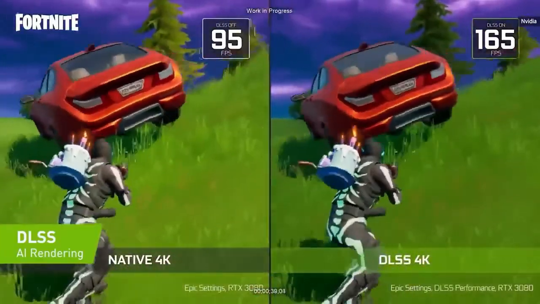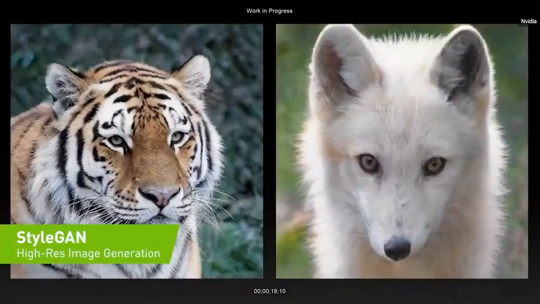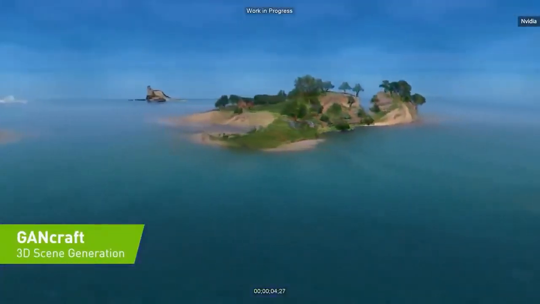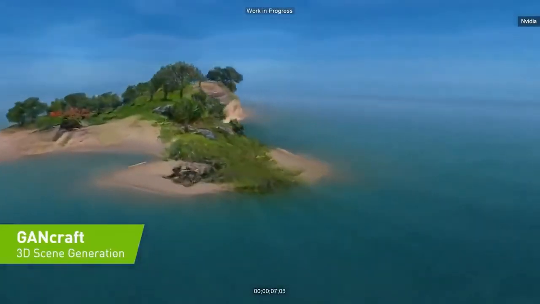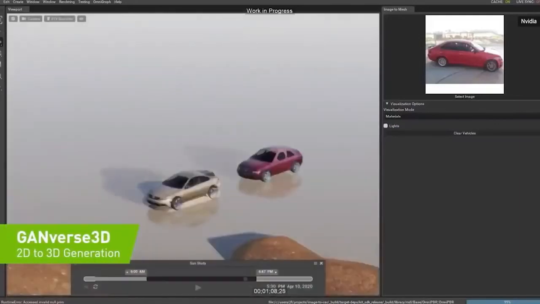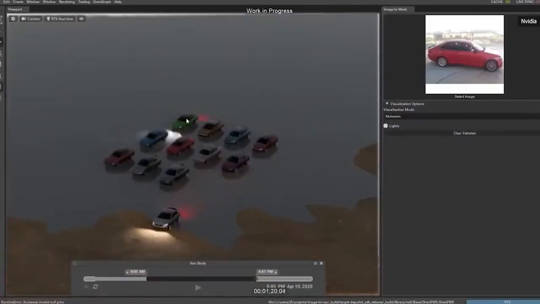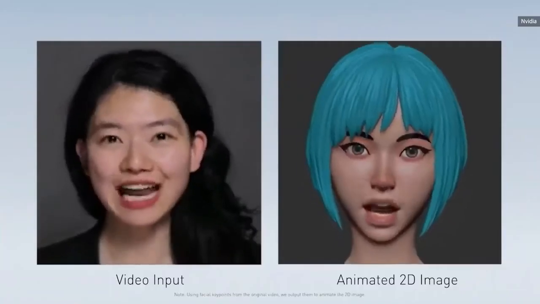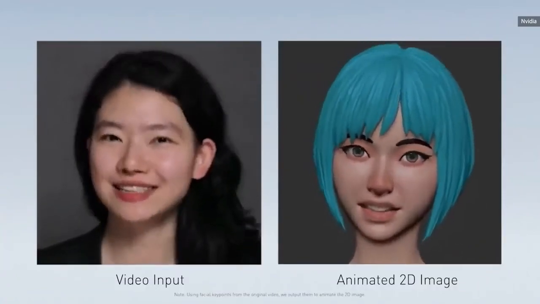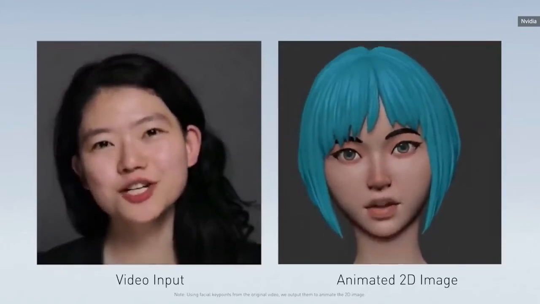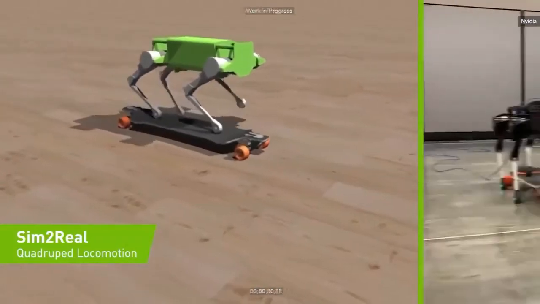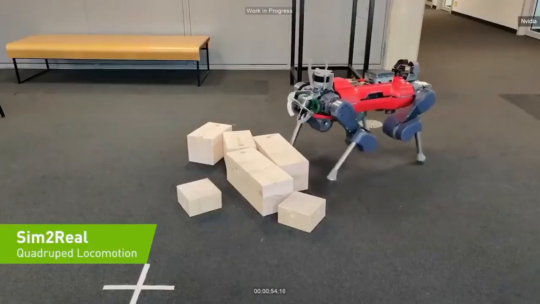DLSS, Deep Learning Super Sampling. StyleGAN, AI High-Resolution Image Generator. GANcraft, a neural rendering engine turning Minecraft into realistic 3D. Ganverse 3D turns photographs into animatable 3D models. Face Vid to Vid, a talking head rendering engine that can reduce streaming bandwidth by 10x while reposing the head and eyes. Sim to Real, a quadruped trained in Omniverse, and the AI can run in a real robot,